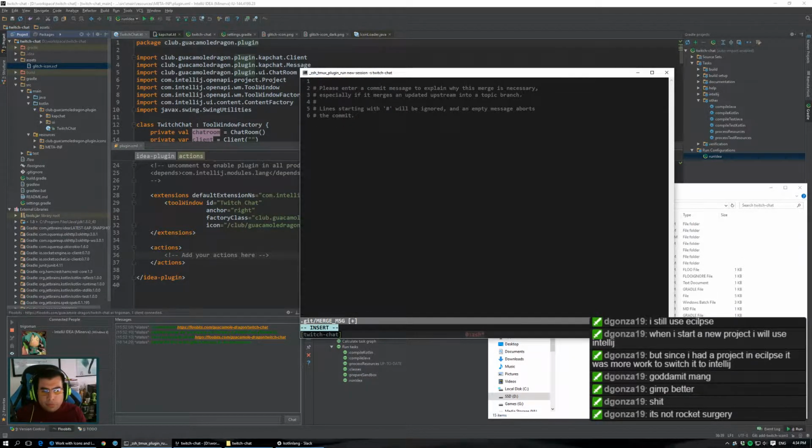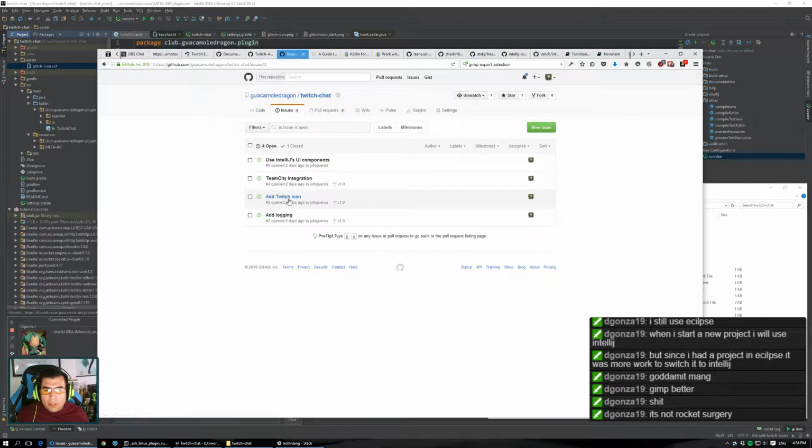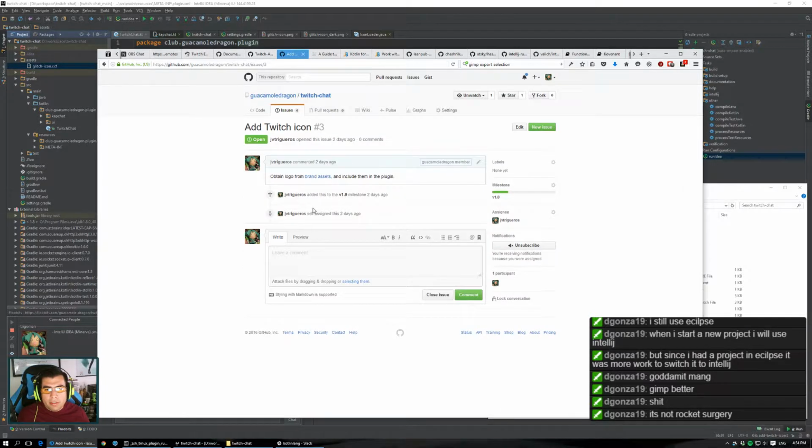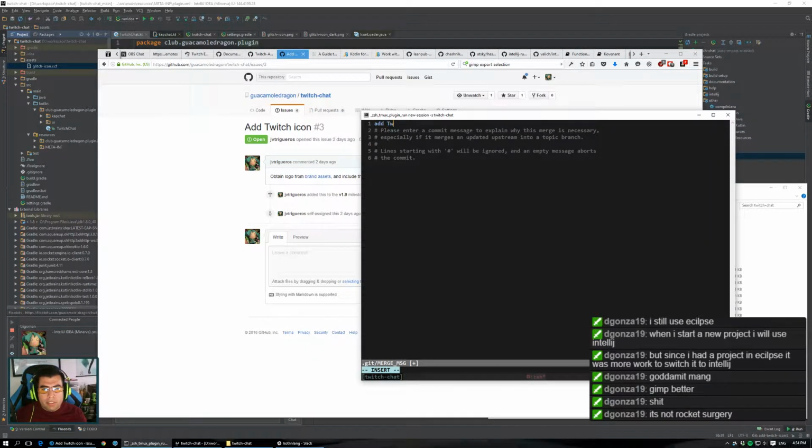And what was the issue called? Add Twitch icon, basically. Add Twitch icons for light and dark themes. This merge